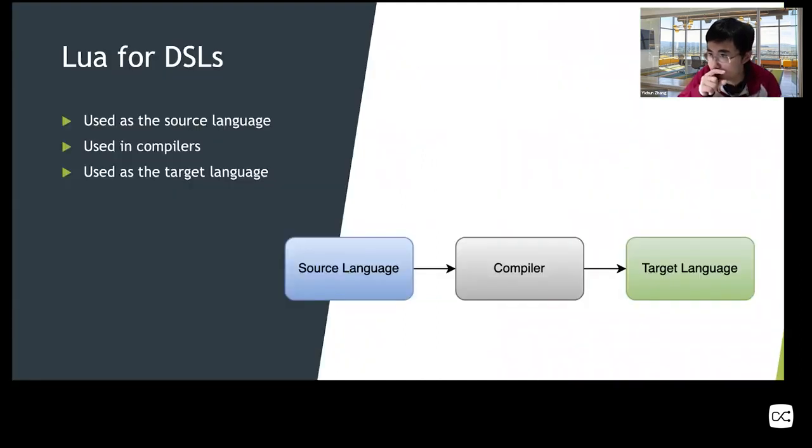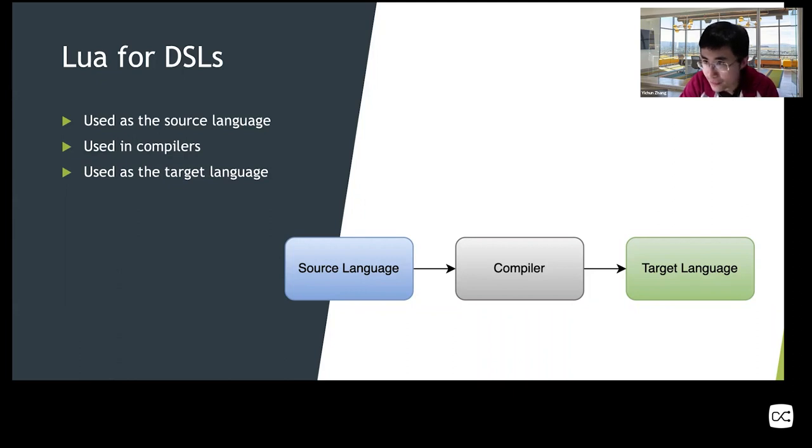So for a self-hosting language, I'm talking about a language implementing the compiler itself. So the source language is the same as the language used to implement the compiler. Some people like to use a triangle, with 3 boxes arranged in a triangle, and the compiler lower in this diagram. So 3 languages are involved for every compiler.